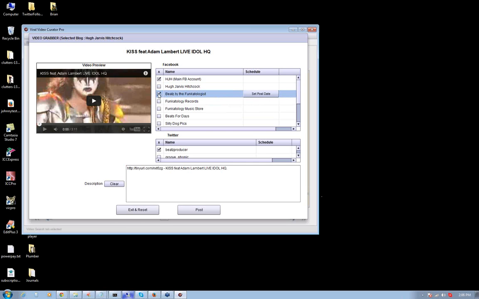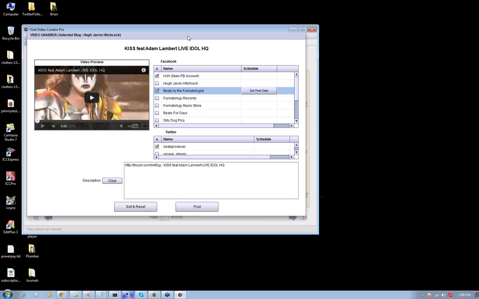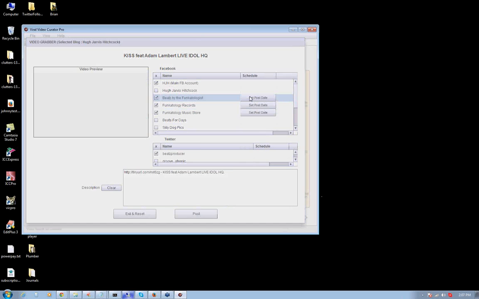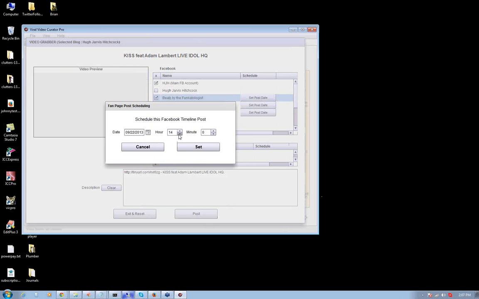So if the fan page is selected, that means that the post is going to be executed to that fan page. Therefore, you have the option of setting the post date. If you're not ticking the checkbox on that fan page, it's not going to post, so you don't need a date. So when you select the fan pages that you want, you can then click the button to set the post date, put it at some date in the future and some time, and then click the set button, and then you'll see the date appears